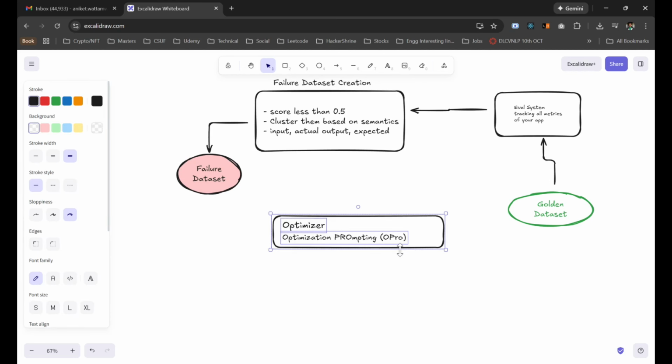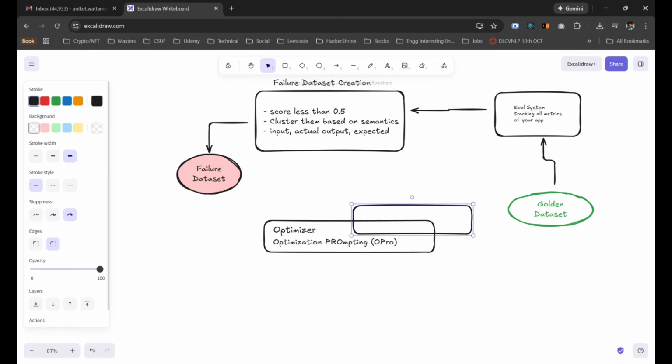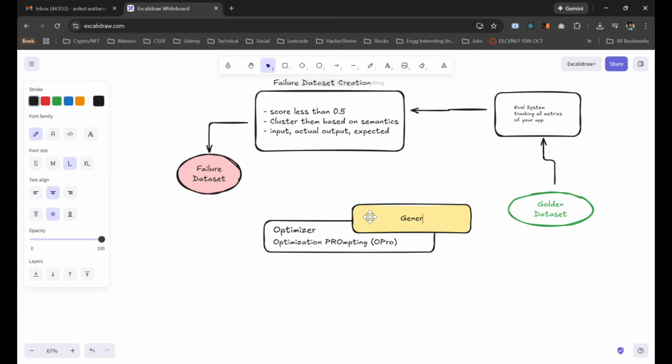So the main task of this optimizer is actually creating three different valid, modified, and optimized system instructions. Why three? We'll talk about that too. Ideally, what we'll do is have a prompt over here that is more like, generate. So the LLM is told, you are an expert in prompt engineering. Generate three candidates